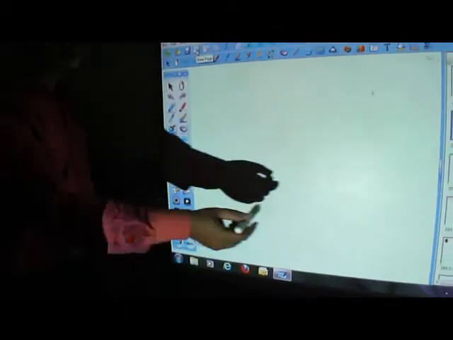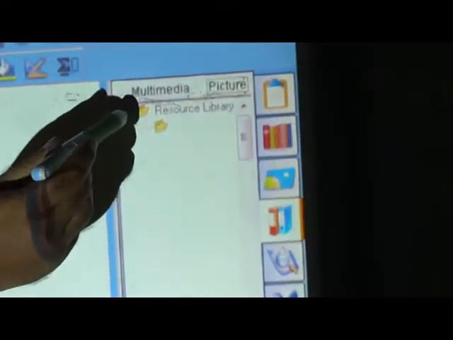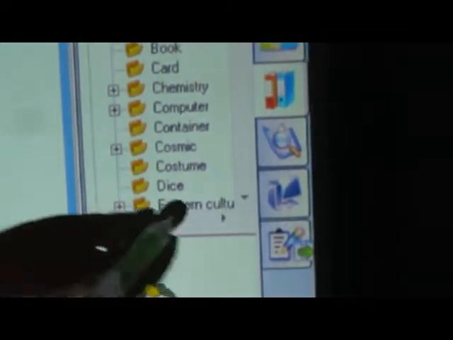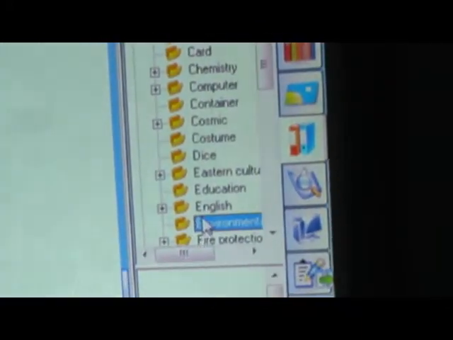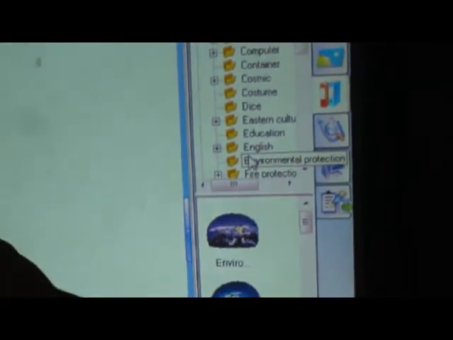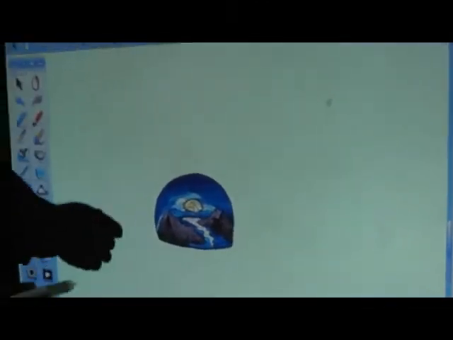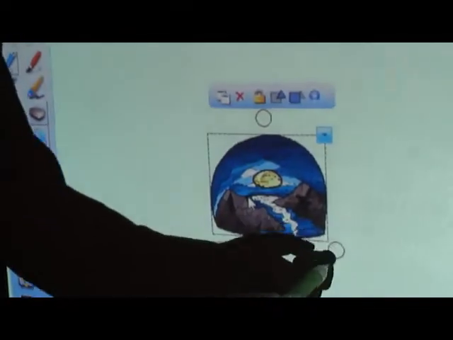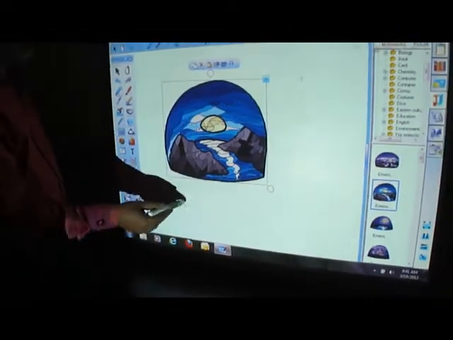Next is your power tools, like your spotlight tools. You take out an image from your library. Here you have a vast resource library. You can see that all the regular topics are covered in this. So let us take a simple example, and once you touch, here it is, you have different types of files. You can just select it and touch it on the board. If you want a bigger image, you can also select that image and make it bigger. Anywhere you want, you can shift it.